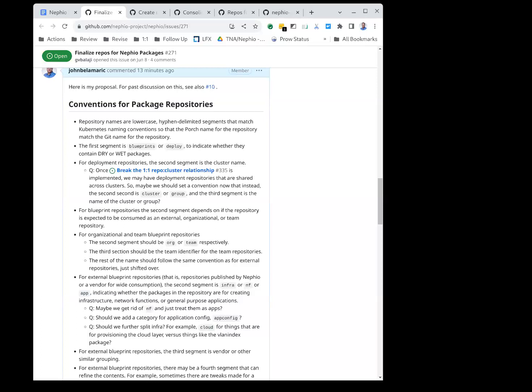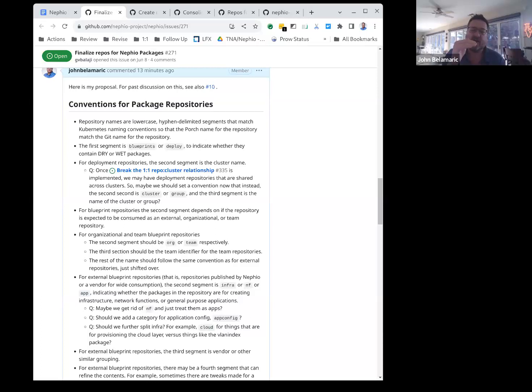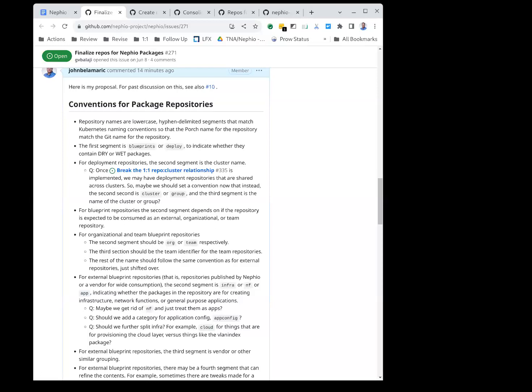But we could have site, we could have cluster, and we could have group, right? So site would have some geographical significance. All of this is just convention, by the way. It's not locked in stone, but with some structure like that, all the clusters in a site might subscribe to the site one, but then they each have their own cluster one. Similarly, because you can subscribe to multiple repos from config sync. Exactly.